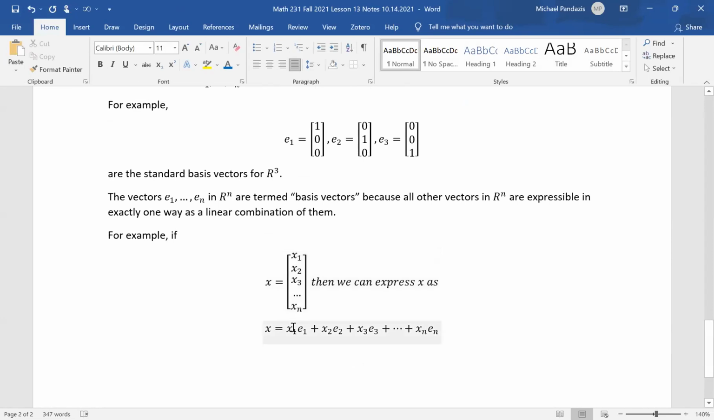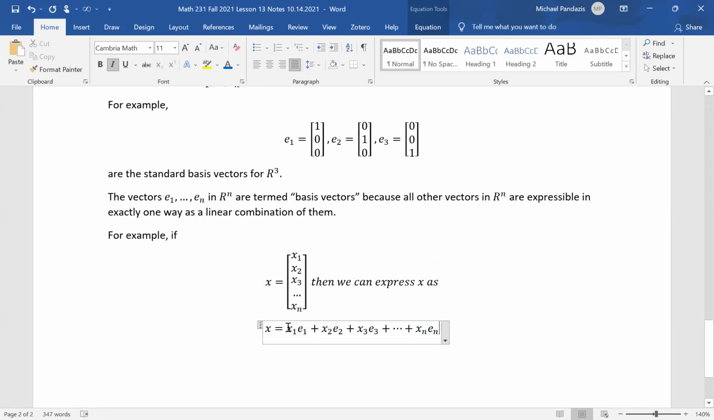Okay, this can be a little confusing. The e's are vectors. E1 is a vector, E2 is a vector, E3 is a vector, E4 is a vector, dot dot dot, En is a vector, right? All the e's are vectors. The x's, the x1, x2, x3 to xn, these are numbers. These are components of the vector x. Okay, so we took an arbitrary vector x in Rn, and we're expressing it as a linear combination of E1 to En,